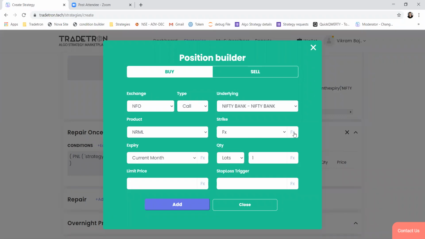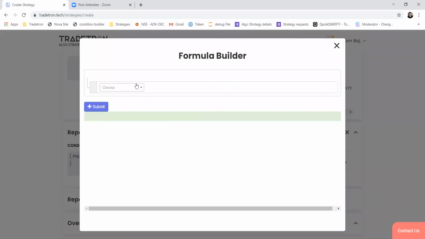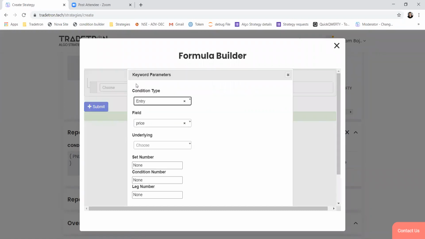For that, we will use FX and select the same strike from the strike field in this traded instrument keyword.